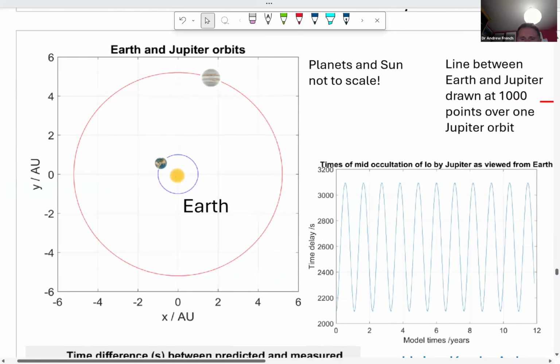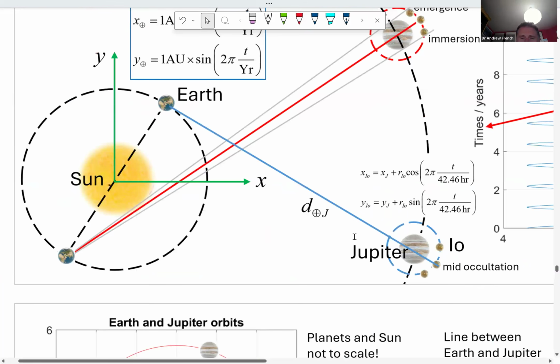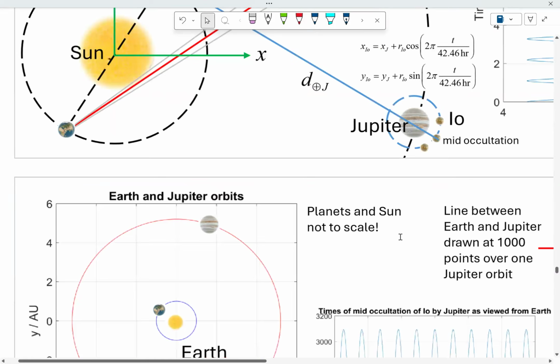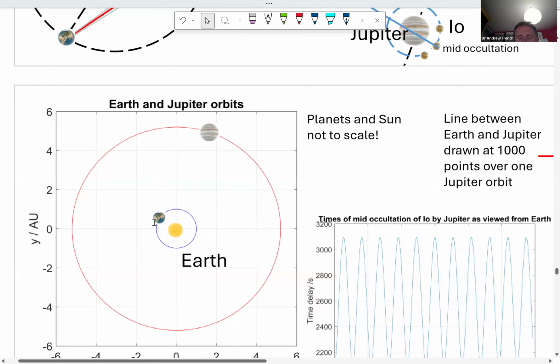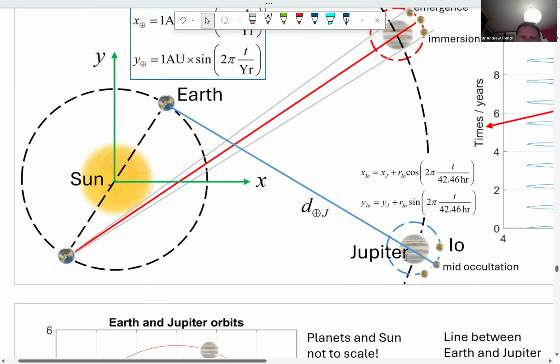So in other words, if you were to have a clock at the instant of Io and Jupiter in this occultation system, at that absolute time, you can work out where Jupiter and Earth are. You can work out how much time it takes for the light to get from Jupiter to Earth. I mean, strictly Io to Earth. And Io is going to be slightly above Jupiter, I suppose, for that to be seen. So you can work out how long it takes to get from Io to Earth